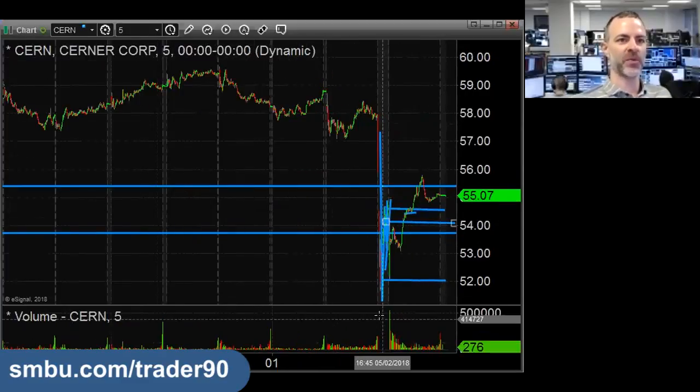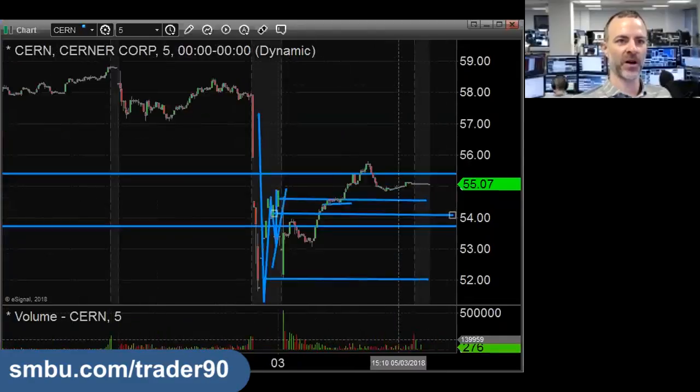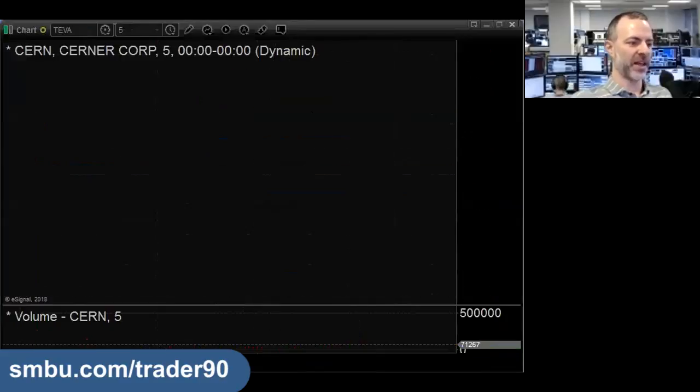So in this situation, very strong. Can it continue and gap fill over the next couple of days back up to 57 and a quarter? Where would I look to buy this one based on yesterday's price action? Certainly into this little spot right here, 54.40 to 54.50. You can always look for a little bit of an overshoot. And Teva